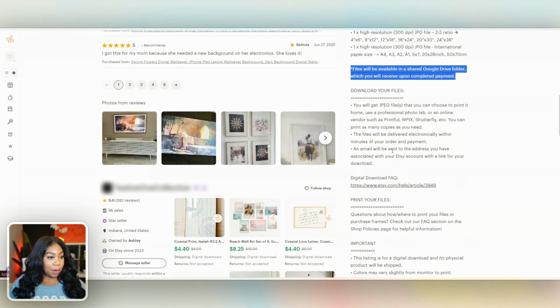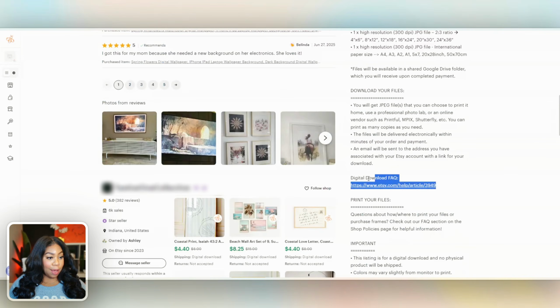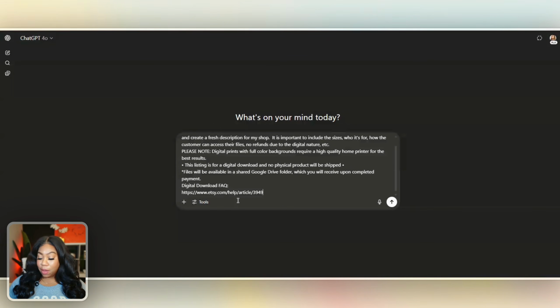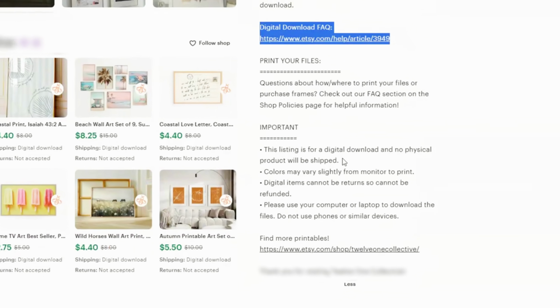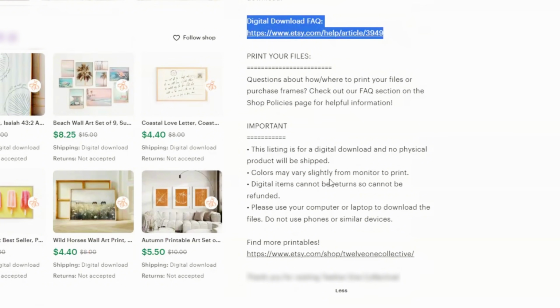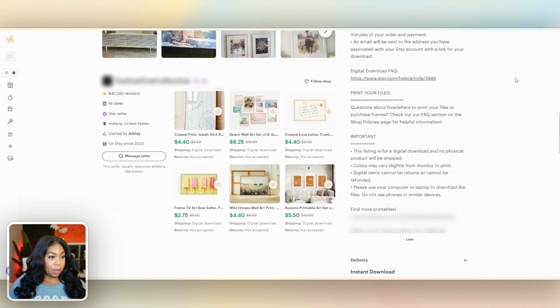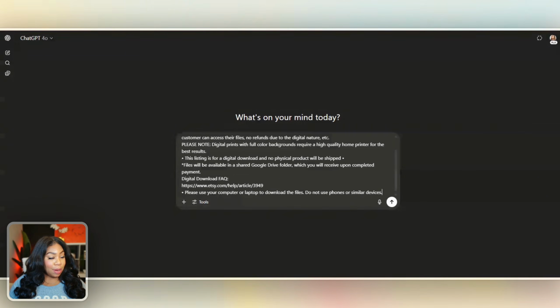And then what else do they have here? Oh, I like the how to digital download FAQ. I cannot highlight today. I do like that. So I'm going to Shift Enter and then I'll paste that in there. Let's see what else they have. Another note that it is a digital download. The colors may vary. I do like that. And digital items cannot be refunded. Please use your computer. I do like that. Okay. So I do like that they reiterate yet again that it is a digital item. Okay. I think that's enough from that